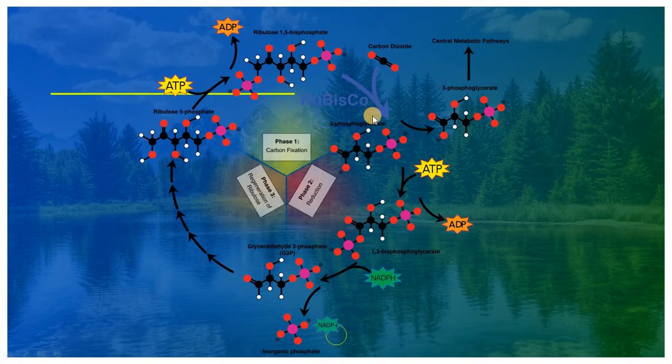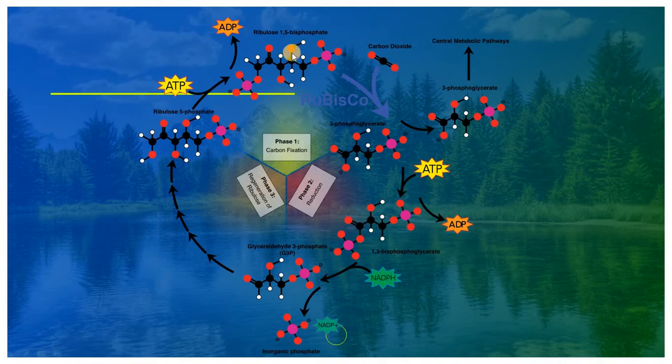Now, this is a simplified cycle where you can see ribulose 1,5-bisphosphate, and then carbon dioxide is being attached to that, and then you have the 3-carbon molecules, the 3-phosphoglycerates, so 3-PGs, which are then converted into 2 different types of molecules, because only 1,3-bisphosphoglycerate will actually be exported out. The other type, glyceraldehyde 3-phosphate, or G3P, will be used to regenerate ribulose